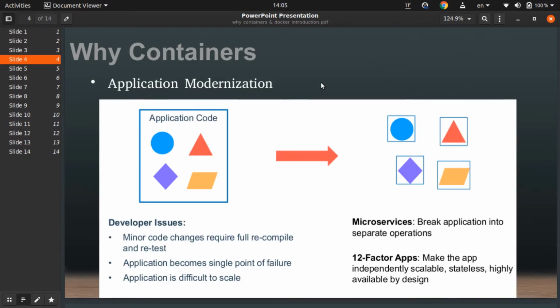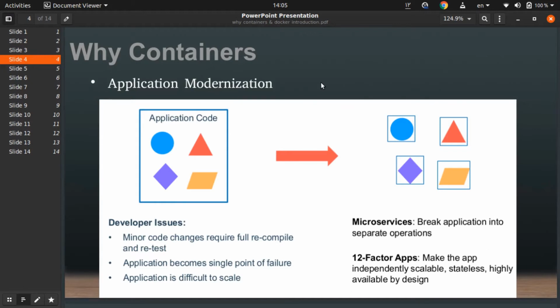We need to know about application modernization. There were some issues for developers, like minor code changes requiring a full recompile and retest. The application becomes a single point of failure and is difficult to scale.